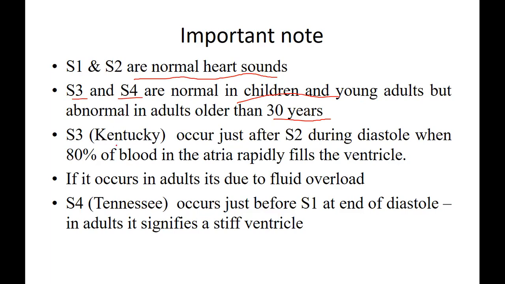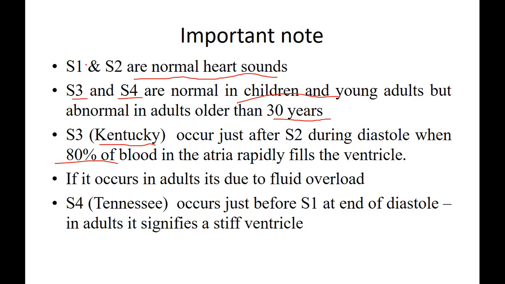So S3, which produces a cadence of Kentucky, occurs after S2, meaning immediately after S2, just as the heart is going to begin to fill in diastole. Now, this occurs when 80% of blood in the atria rapidly fills the ventricles. When blood rapidly moves from the atria into the ventricles, just at the beginning of diastole, you get an S3,